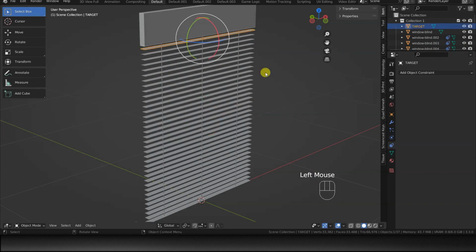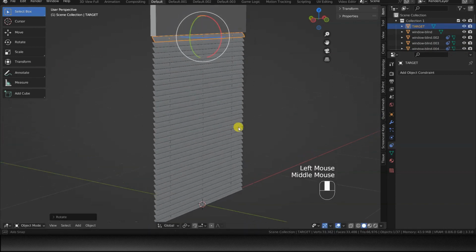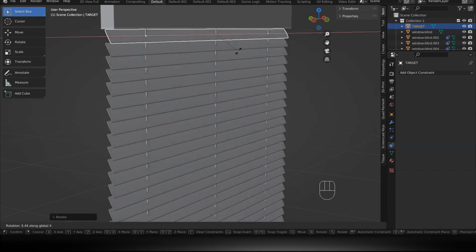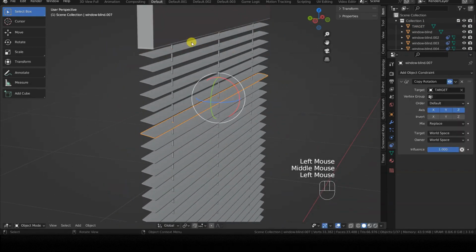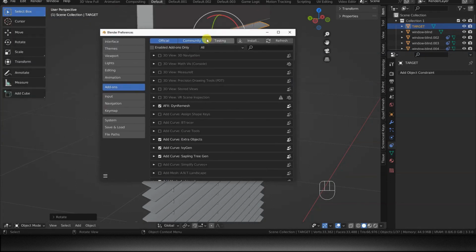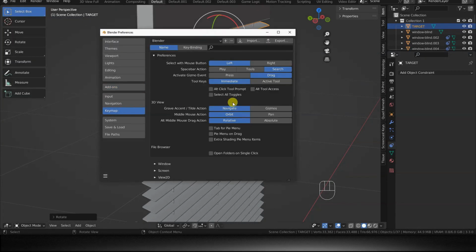The most interesting test, however, is to select the target slat and rotate it around its x-axis, so you see all the other slats automatically rotate as well. Note, in my case, I opened the Blender search box by pressing the spacebar. This shortcut can be set in the Key Map section of the Preferences window.